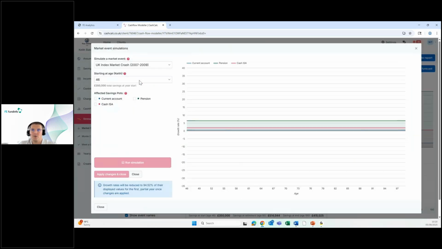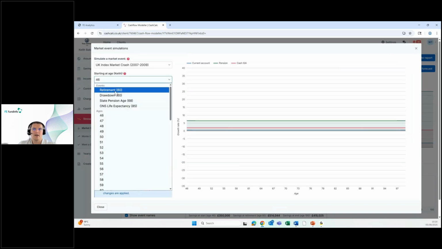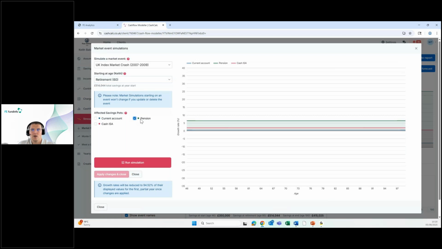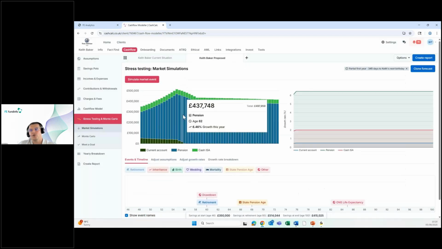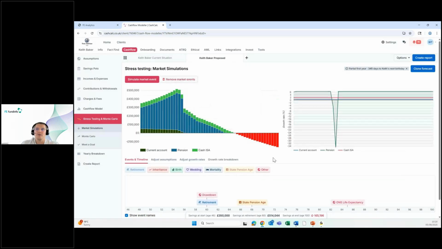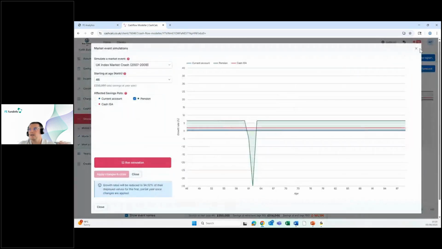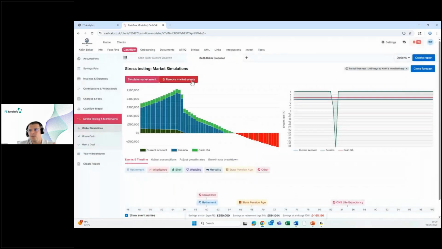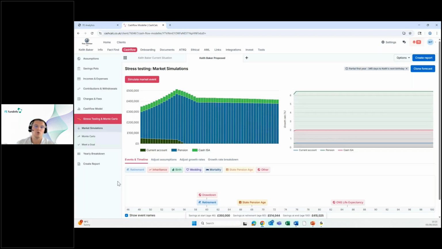So if I press start market event, select the relevant one I want to use, again, hit my start age. So this is going to affect the pension pot only, run the simulations. We can show what that will then do. This is a scenario where you're going to run out of money even with the new asset allocation breakdown, but as I said, the new integration is actually designed to link into the Monte Carlo and stress testing tools. So the Monte Carlo tool within CashCalc is a stochastic modeling tool that allows you to